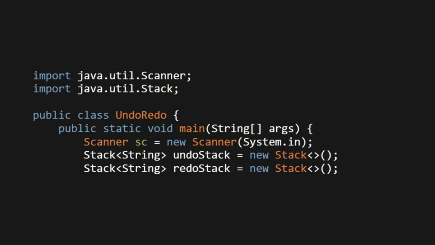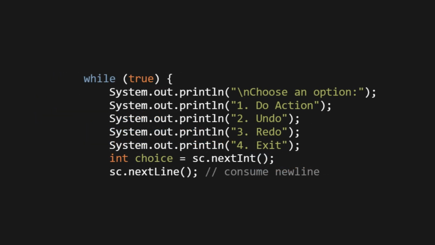import java.util.Scanner; import java.util.Stack; public class UndoRedo { public static void main(String[] args) { Scanner sc = new Scanner(System.in); Stack<String> undoStack = new Stack<>(); Stack<String> redoStack = new Stack<>(); while (true) { System.out.println("Choose an option: 1 Do action, 2 Undo, 3 Redo, 4 Exit"); int choice = sc.nextInt(); sc.nextLine();